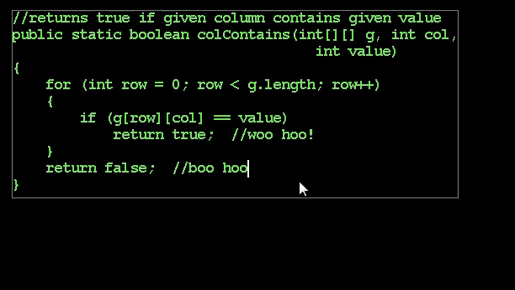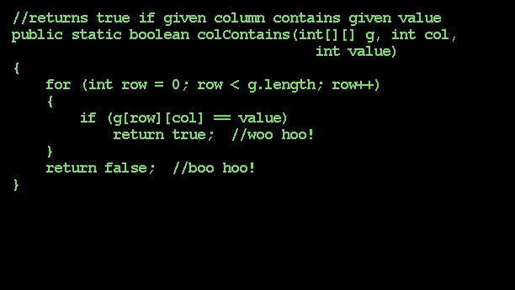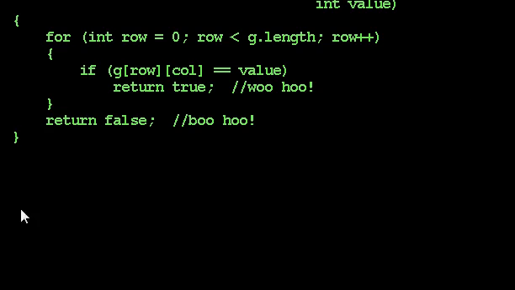Now we can say boo-hoo, because we didn't find this particular value. So, we've determined, does the column contain that particular value? Not bad. Next method. Let's write a method just below that